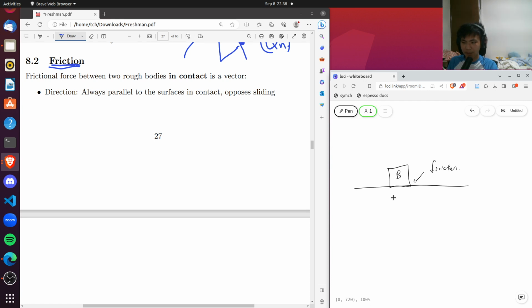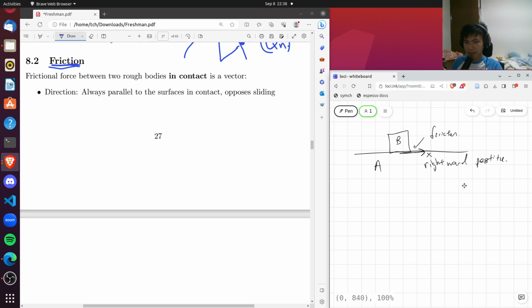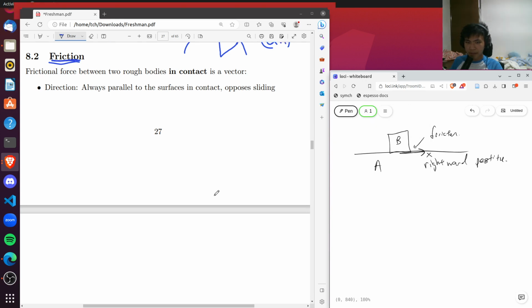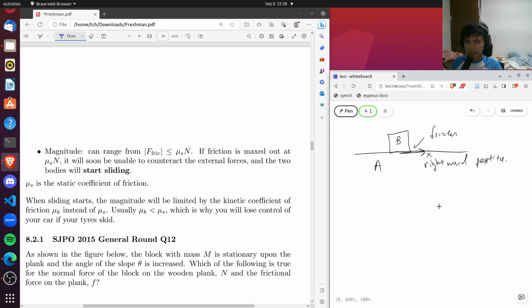So the cube is, let's call it B, and the table we call it A. Assume I take rightward to be positive, whereas we call the x-axis. There's in this case, friction, F friction,